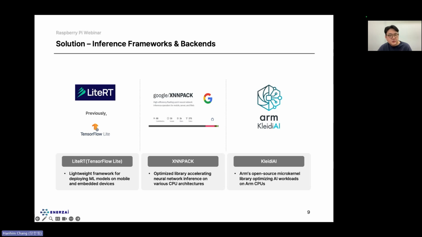And one more interesting project that I could share today is ARM's KleidiAI project. I'm not sure if you're familiar with it. It's a relatively recent project. I guess it was released like 6 months ago. And this KleidiAI project goes further than XNNPACK, as ARM open sourced a set of microkernels specifically targeting the architecture which they've designed, which would be obviously ARM CPUs. And I understand that ARM actually collaborated with Google to integrate KleidiAI and XNNPACK. So once you update to the most recent XNNPACK version, you can enable KleidiAI for better inference on ARM64.